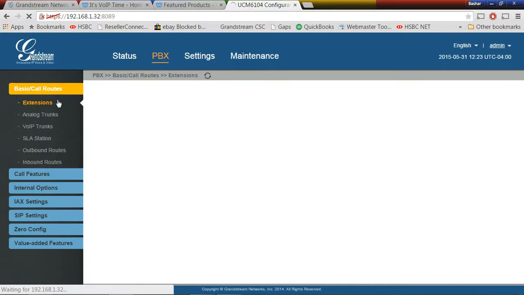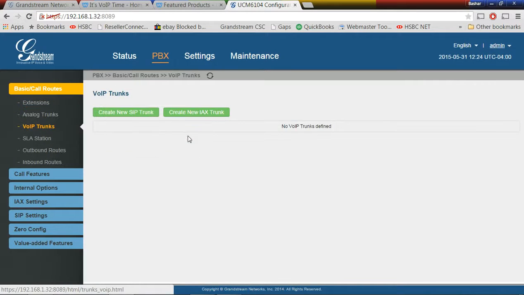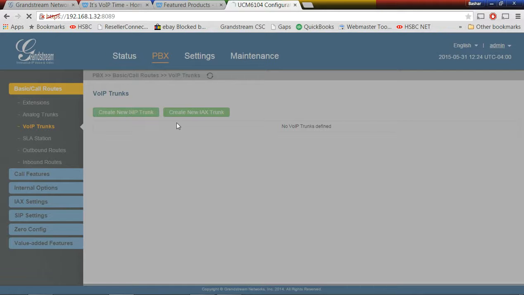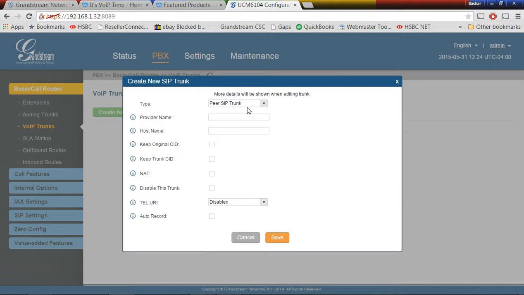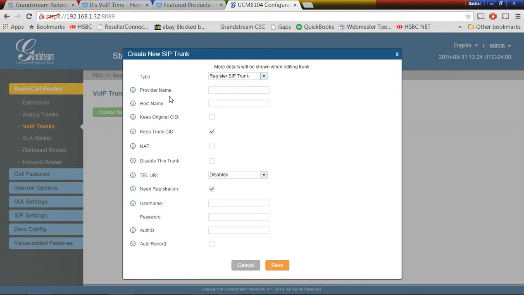So we go back to PBX, VoIP trunks, and it's going to be SIP trunk. It's going to be register peer. It means you just connect by your IP address. If you want to go with register, you have to provide username and password. So it's VoIP Time, and the host name, which is the server. So our host name is voip.itsvoiptime.com,